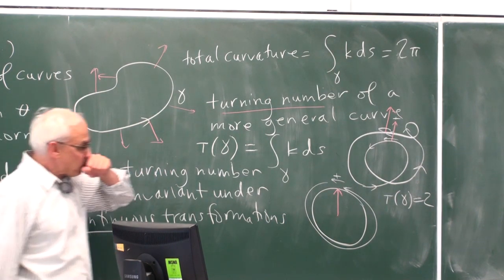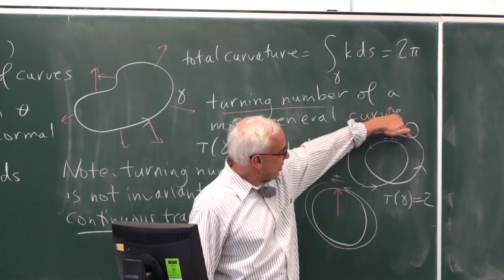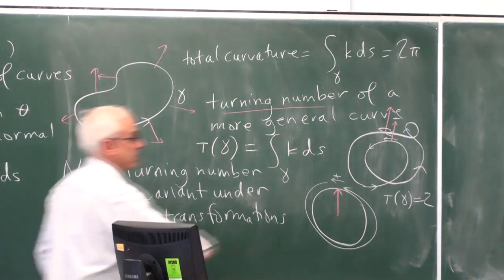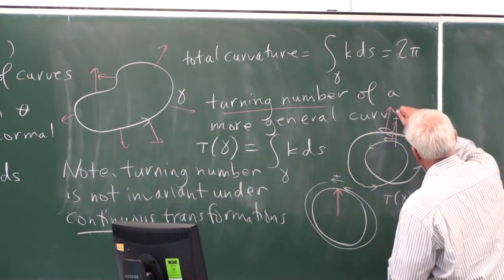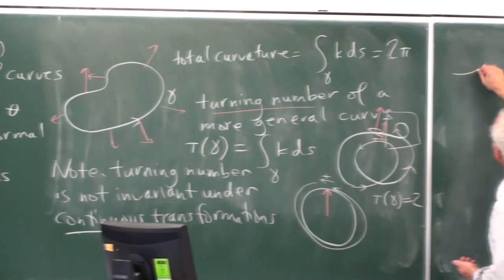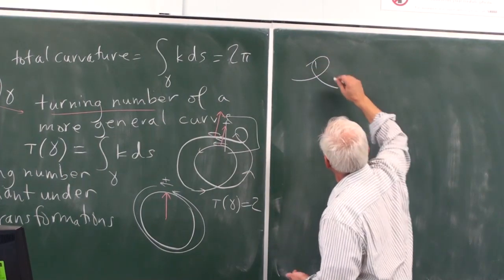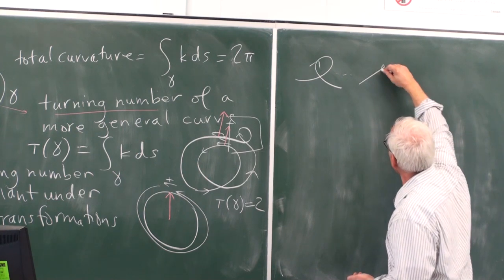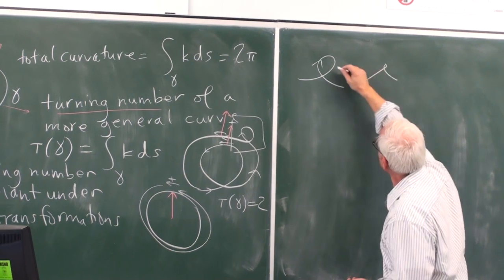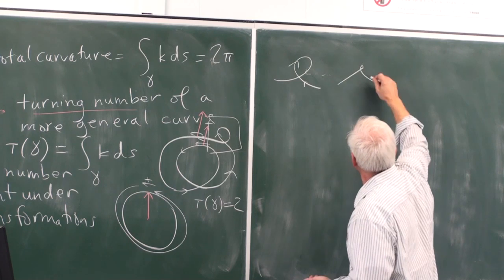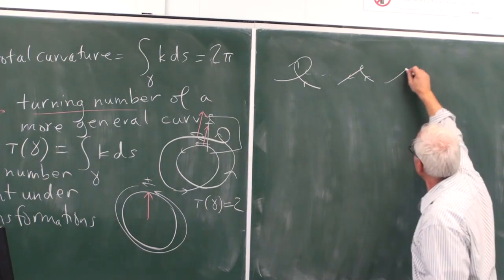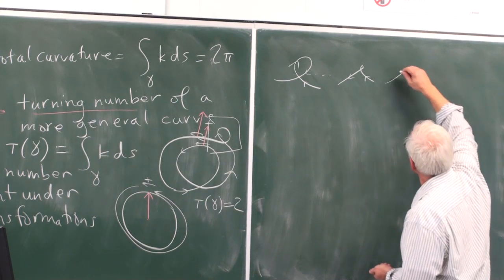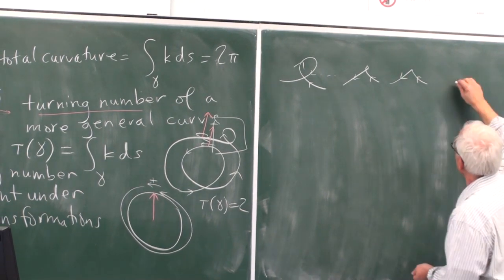Because we can continuously, if we want to, take one of these little loops and deform it. Say if we just looked at that part of the curve, we could deform it continuously so that it becomes a smaller loop. And then eventually it just sort of stops there and goes like this, and eventually we could actually make it go.